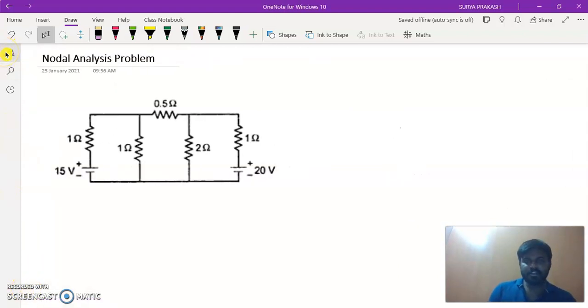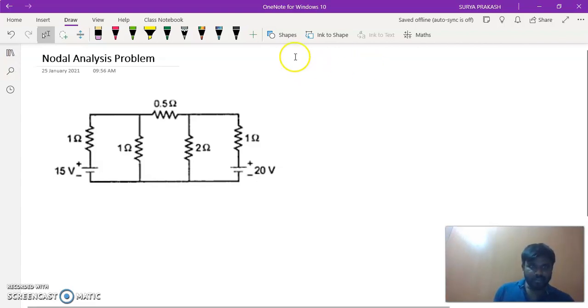Good morning, everyone. Today we're going to see another new problem on nodal analysis. Nodal analysis is another kind of technique to solve complex network circuits, the electrical network circuit. This is applying the KCL law. Basically, nodal analysis is made from